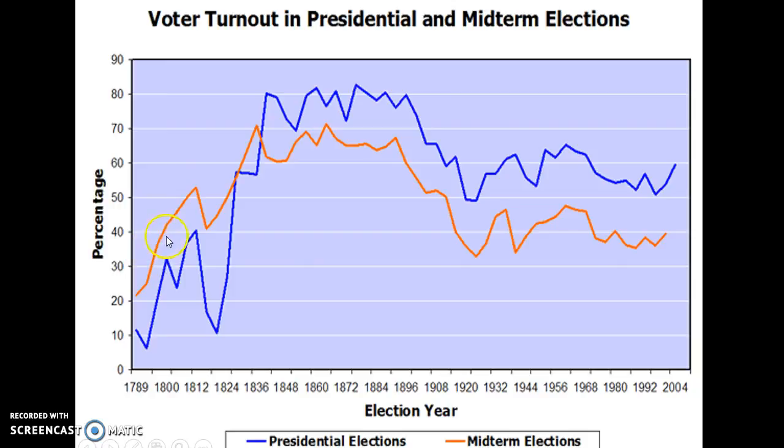They're more worried about local elections, until the mid 1800s, when all of a sudden we have tension being created between the North and the South, which leads to the Civil War right around this time. But during that time, that's all of a sudden when people are like, well, we need to vote for the president, we need to vote for the nation as a whole. Before that, they were worried about who runs our state and who runs our local communities. And then after that, it becomes a little more focused on who the president is.